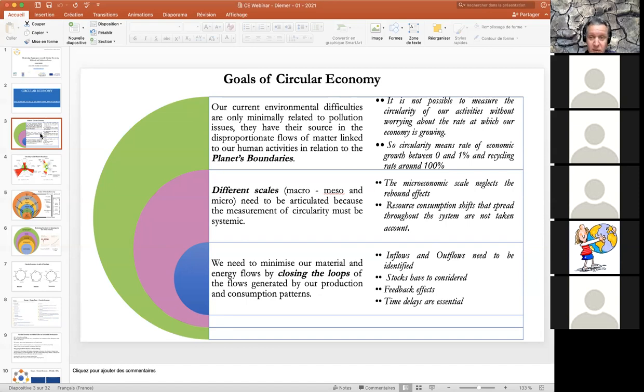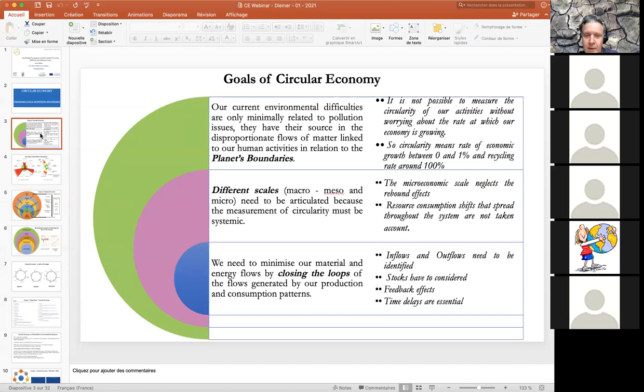I think it's very important to understand how much flow, how much stock we use today, and why we use these flows and stock for human activities, which means it's not possible to measure a circularity which grows every time. Circularity grows with the economic activity. So if your economy is growing, circularity is growing too. I think it's very important to understand that when you measure something which is getting higher and higher, bigger and bigger, it's very hard to understand what is absolute and what is relative.